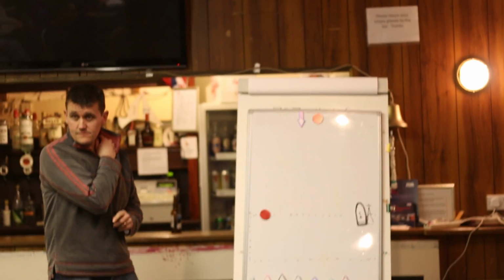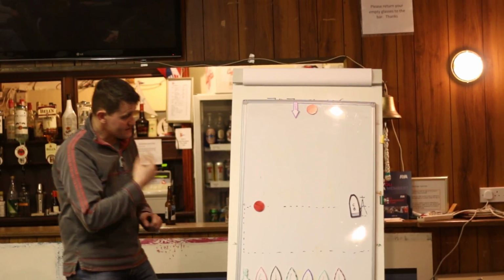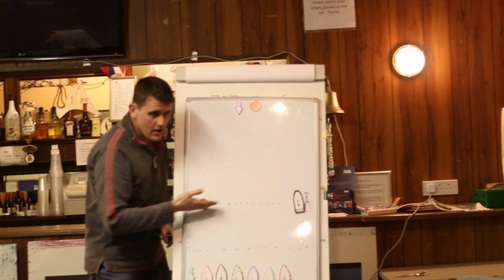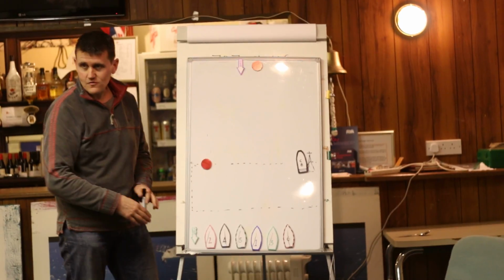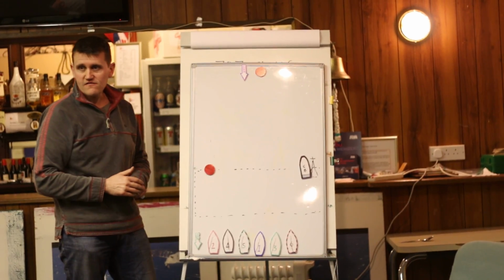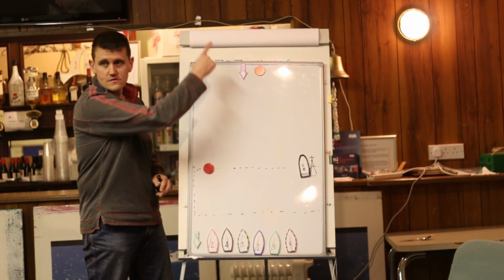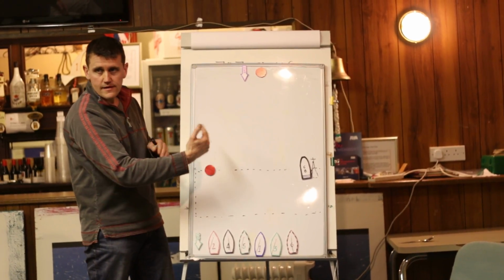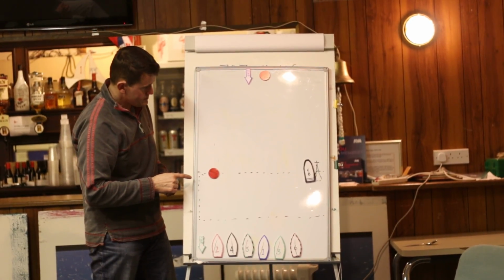Line bias. People refer to line bias. Effectively, if you've got a line that is perpendicular to the wind, forget there's any tide, let's not concern ourselves with tide on this, it should be that every point on that line is fair. It's got the same distance to get to the windward mark, and there's no bias in terms of wind direction.